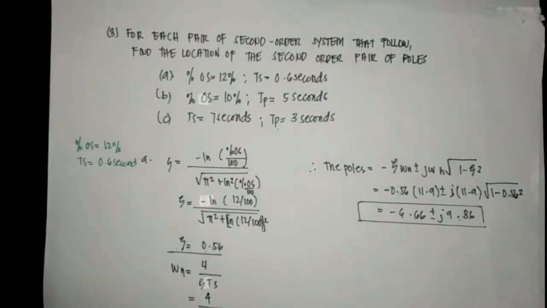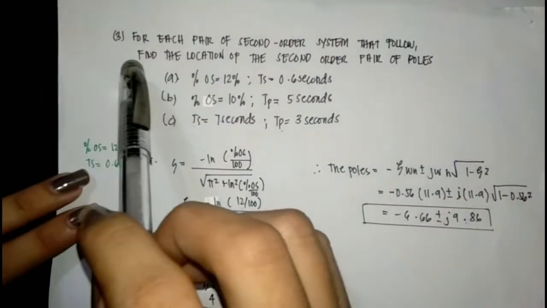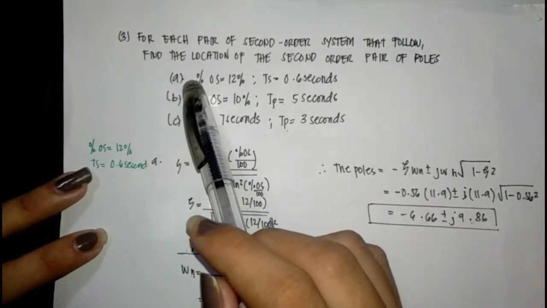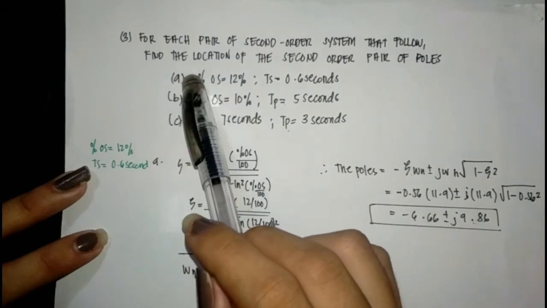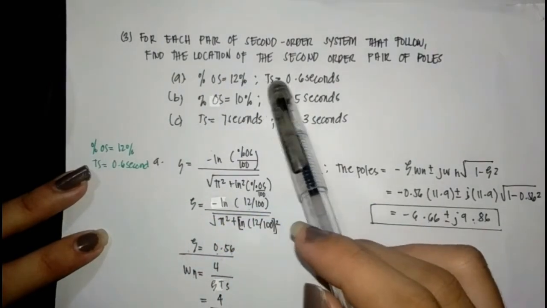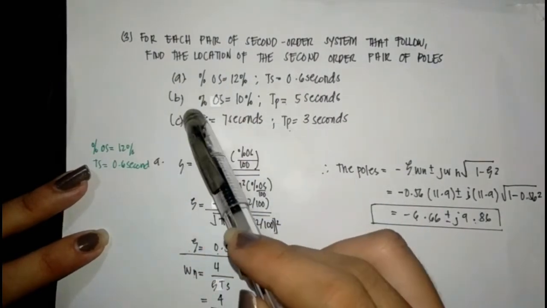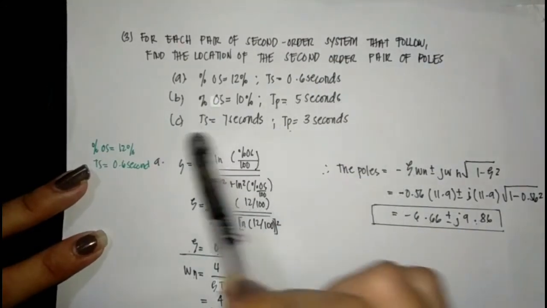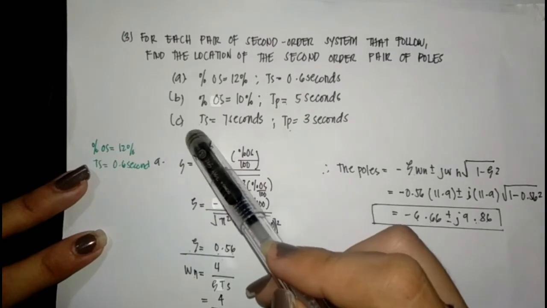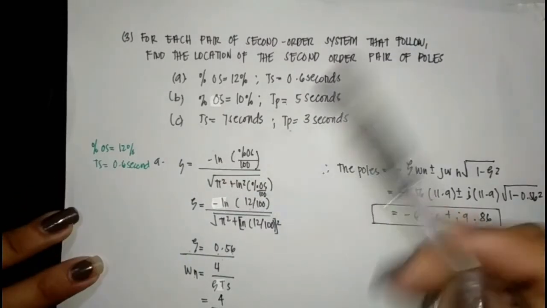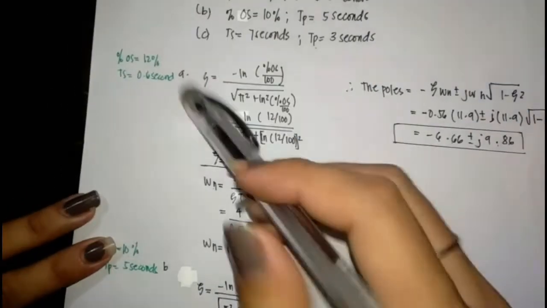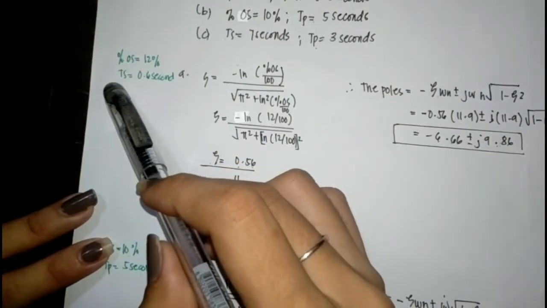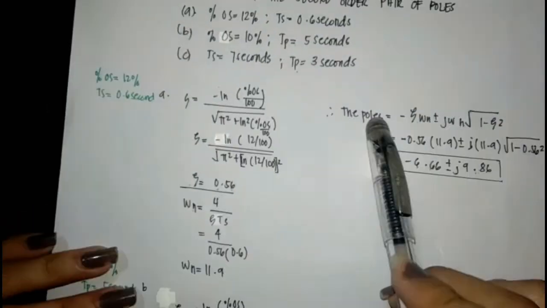The last problem is: for each pair of second order system that follow, find the location of the second order pair of poles. A, the given is percent overshoot and the settling time, which is our percent overshoot equal to 12% and our settling time is 0.6 seconds. And B, percent overshoot is also given, and the peak time is given. So we have 10 and 5 seconds, and last is C, our settling time we have 7 seconds and our peak time is 3 seconds. So to find the poles from A, we have given here percent overshoot and the settling time. To find the poles, we need